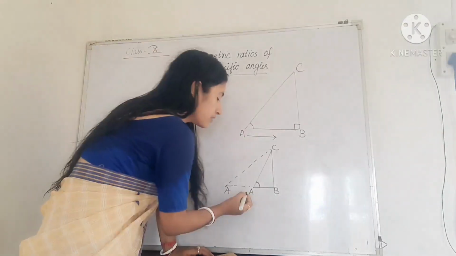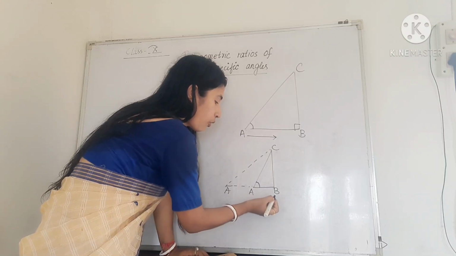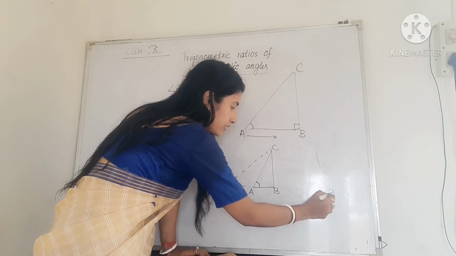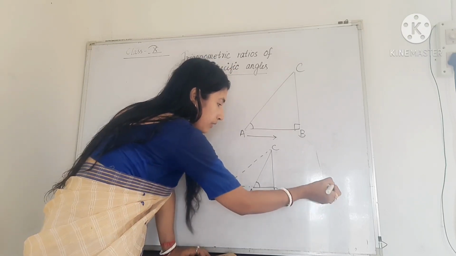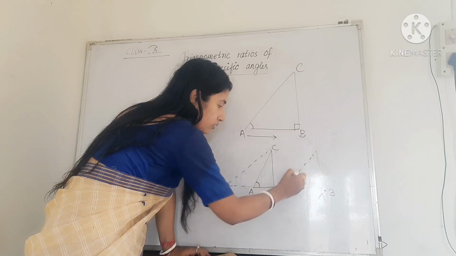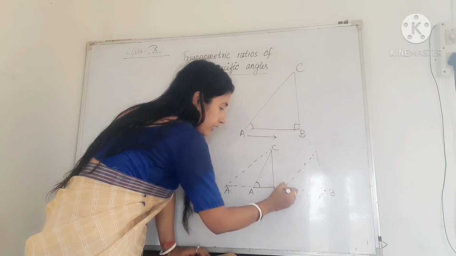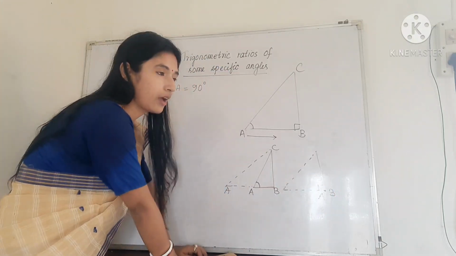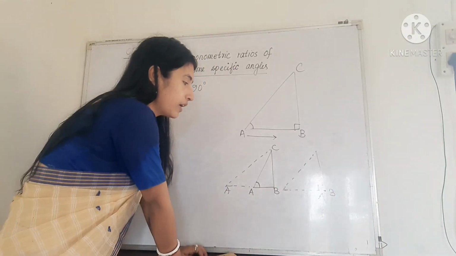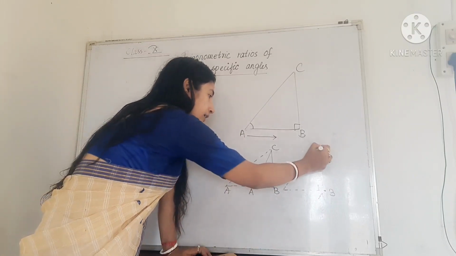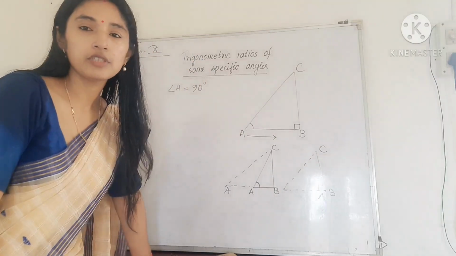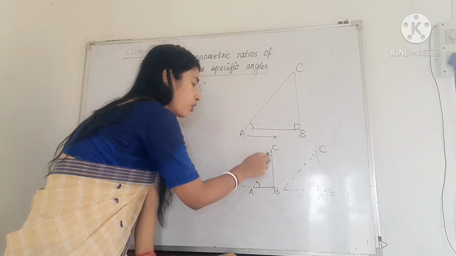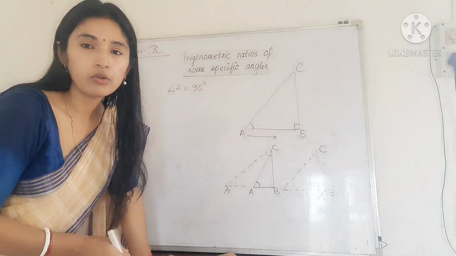If you move more closer to point B, then your points B and A will coincide. They will become one point only. So this was our earlier right angle triangle. Now points A and B are coinciding with each other, and now the angle A becomes 90 degree. And angle C becomes smaller and smaller because this is moving, and angle C is equal to 0 degree now.